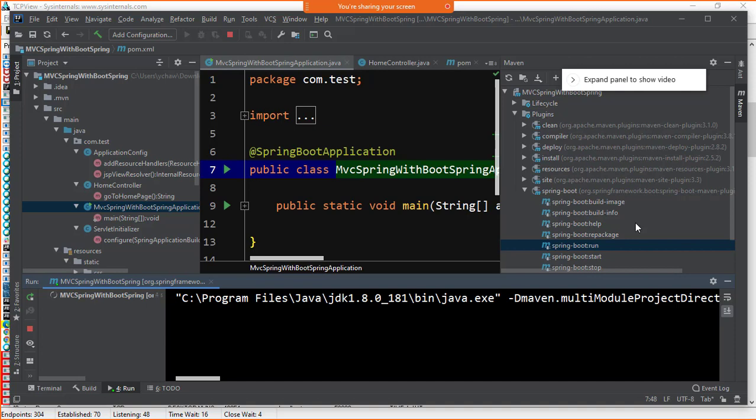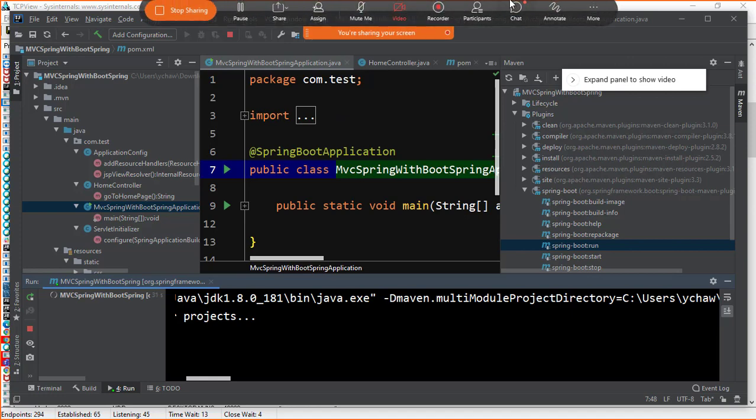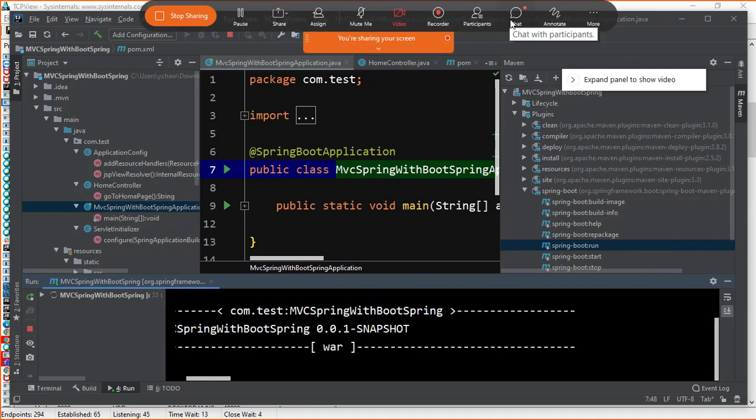What it will do, it will create the war file and it will deploy the war file. This looks a little tedious initially, but later on when your hand becomes strong on projects, you'll be able to do that. It is the same process that is being adopted every time. This is how a Spring Boot project is created. Nothing additional apart from this. Need to take our words.